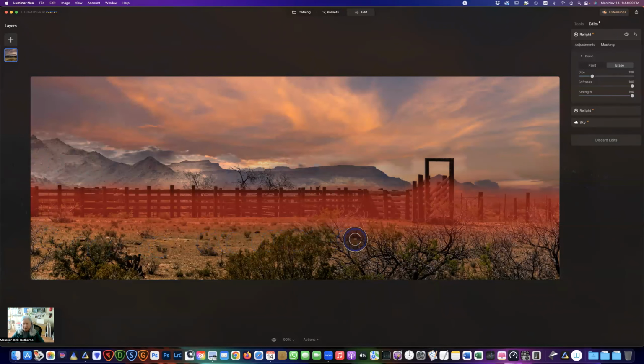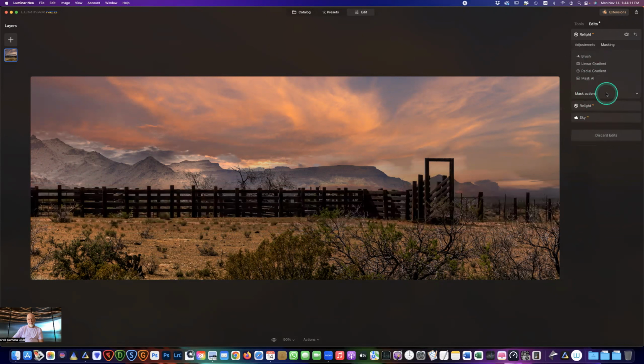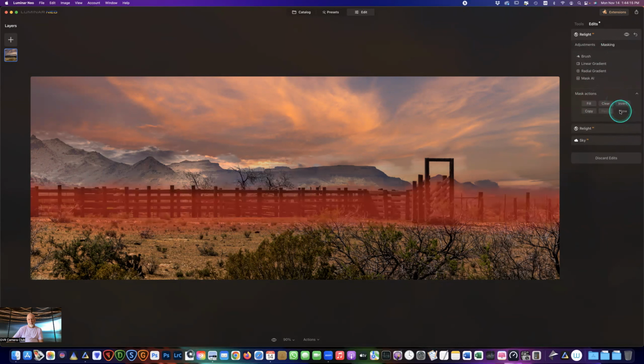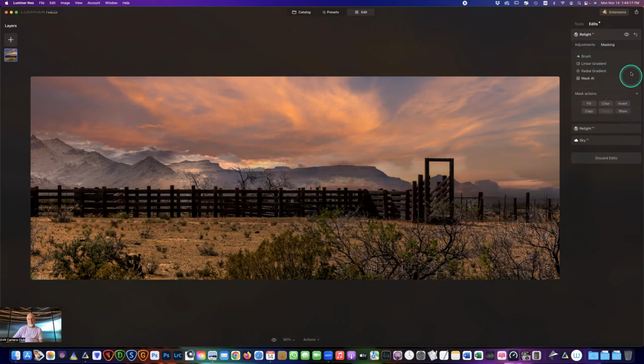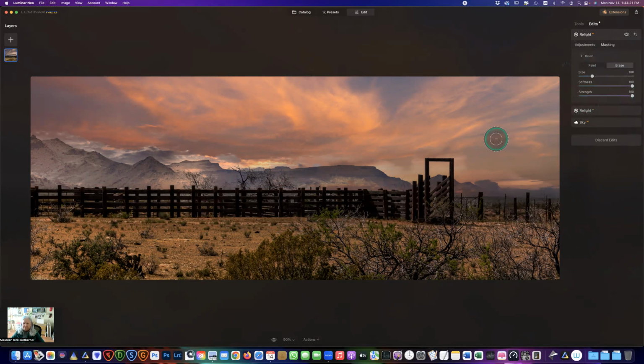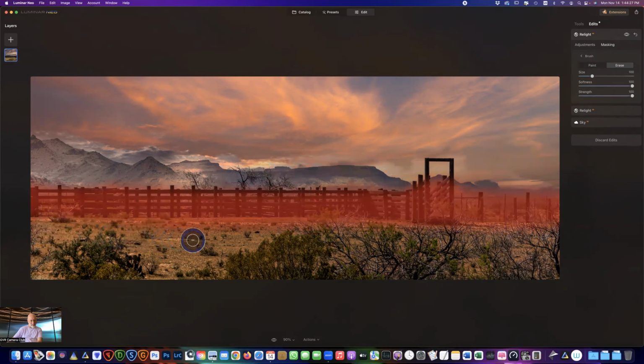Oh, good to know. You can also do it, but that's the other thing I don't like. It'd be nice if there was a panel down here with the mask actions, even when you're in the brush, but it's not. You can show and hide here, but I'd prefer to see it while I'm painting. So if you just use the / key,